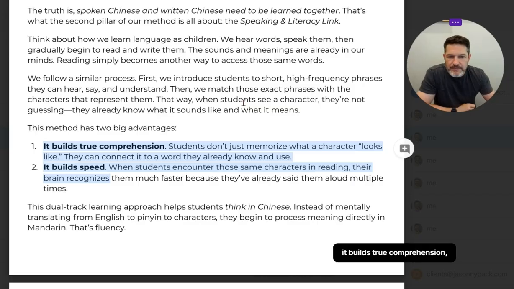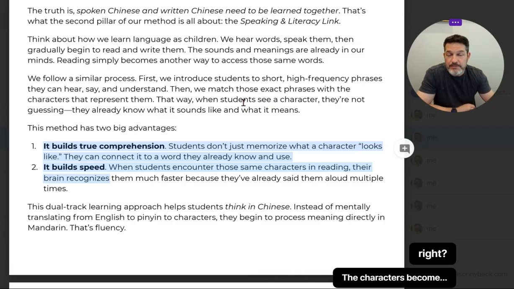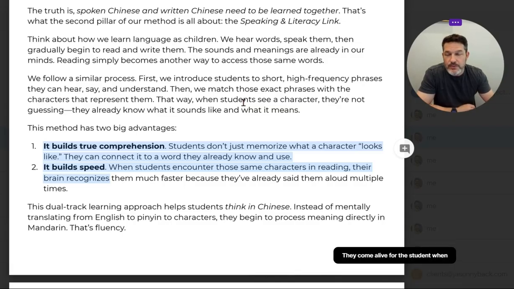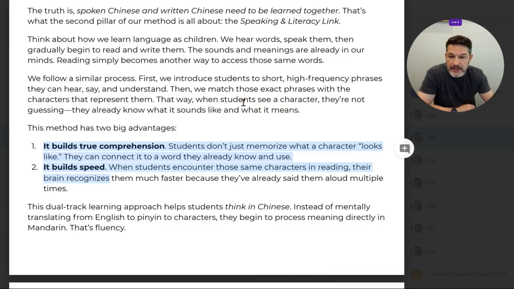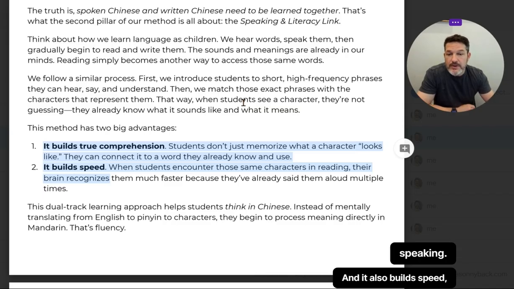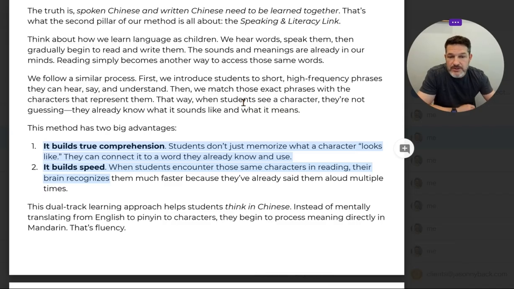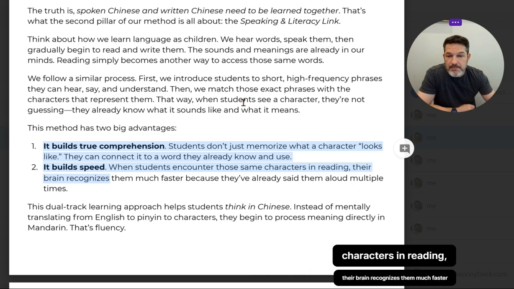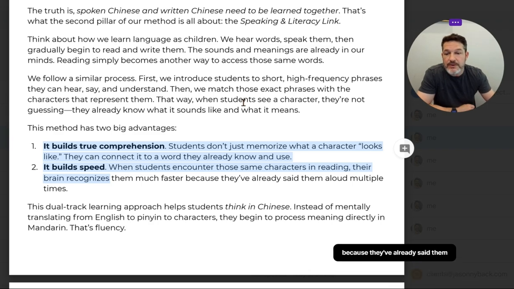it builds true comprehension. Students don't just memorize what a character looks like. They know that that character is something that they are saying. The characters come alive for the student when they learn the characters along with speaking. And it also builds speed. When students encounter those same characters in reading, their brain recognizes them much faster because they've already said them aloud